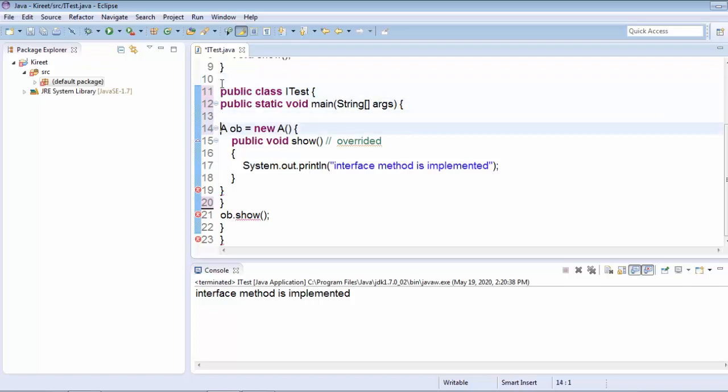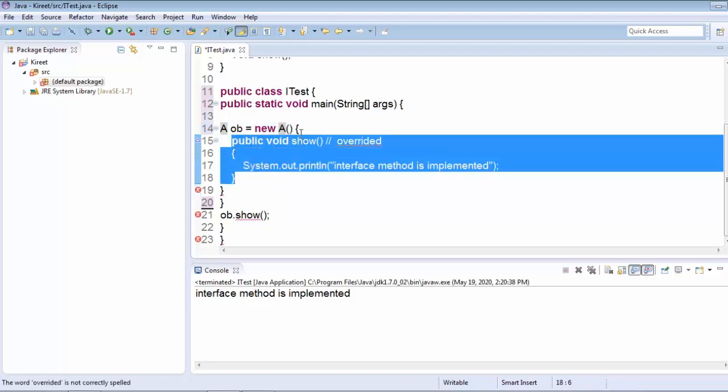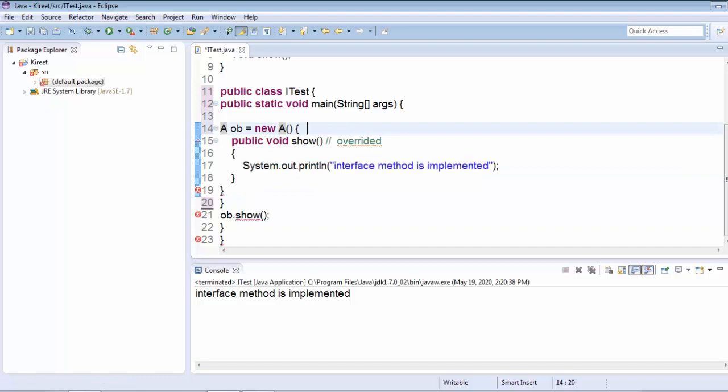What we have done is replaced this statement with a statement in which we have created an anonymous class by implementing the unimplemented method of the interface. Here you can see there is no name of a class; we haven't written class something implements something. But it is considered an anonymous class because it has no name and we are just implementing the method inside its body. So this is an anonymous inner class.